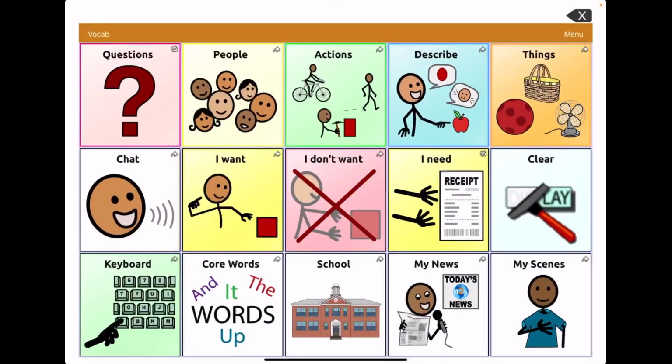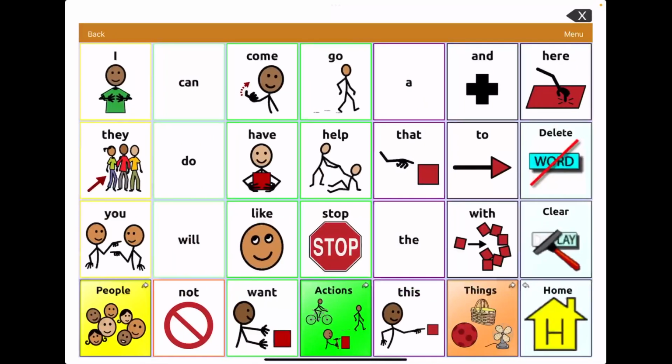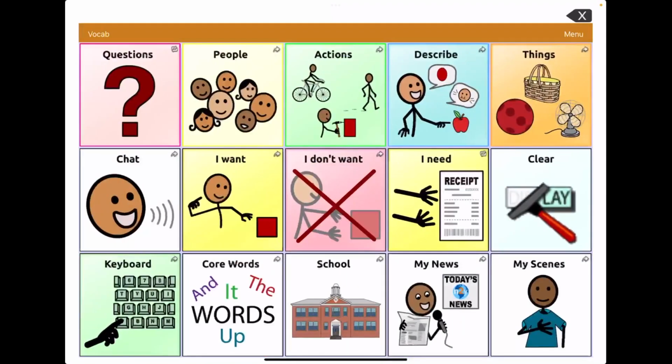Let's go back to home and you can see that the core word display is going to be under the core words where you can also get some of those if you're trying to get a longer sentence. I can, I want, I do, I like, those kinds of things. And then if we go back to the home page again, if you can't find a word and there's a word that you want to see, if it's in your device,